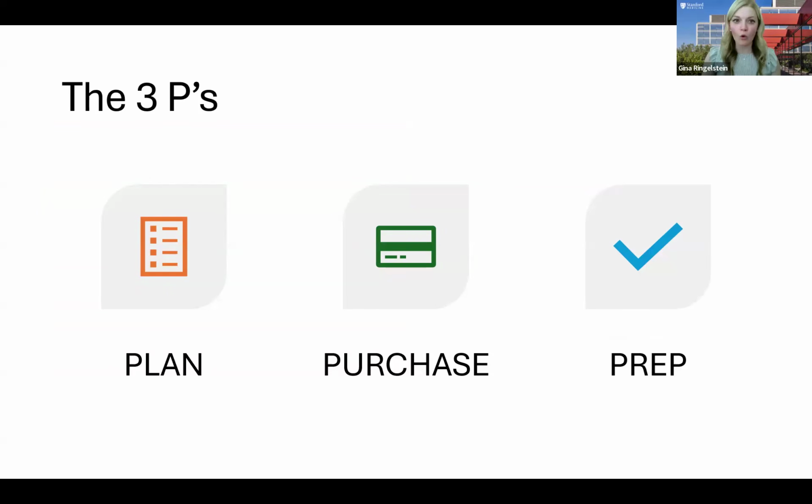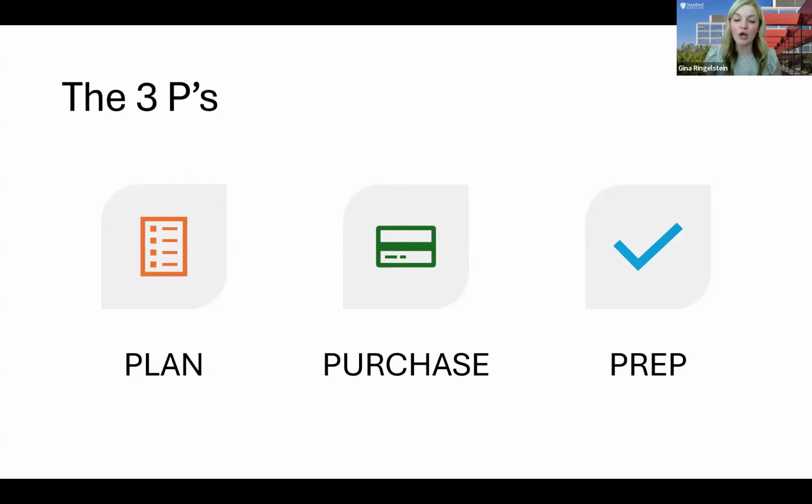This is how we're building our roadmap for how we're going to talk about the meal planning process. So with our 3 Ps here, we have planning, which is our first stop where we put everything together. And we'll talk about all of the ways that you'll go ahead and build the plan. But without a plan, how do we expect ourselves to be successful? How do we even expect to have the healthy ingredients in our pantries and our fridges that we need? So we'll talk about all of the details involved in the planning process,